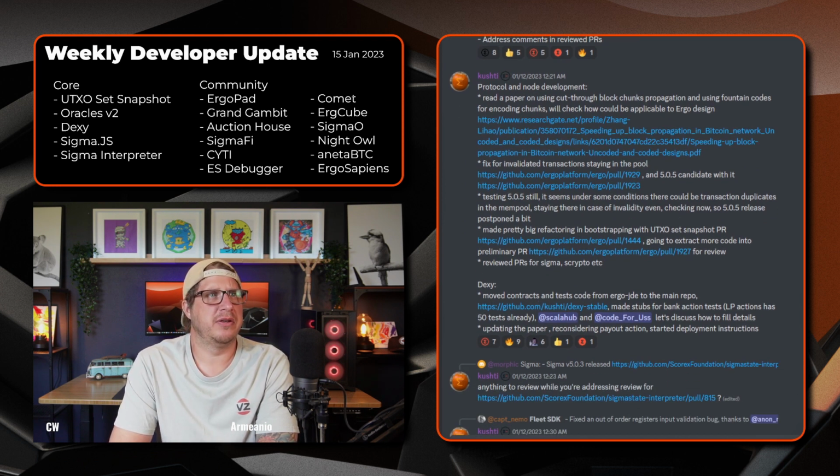And following Morphic, we have Kushti. On the protocol and node development front, he's read a paper on using cut-through block chunk propagation and using fountain codes for encoding chunks. We'll check how that could be applicable to Ergo's design. And has a link there if you want to check that out. So there's a fix for invalidated transactions that have been staying in the mempool. So you can see that pool 1929,